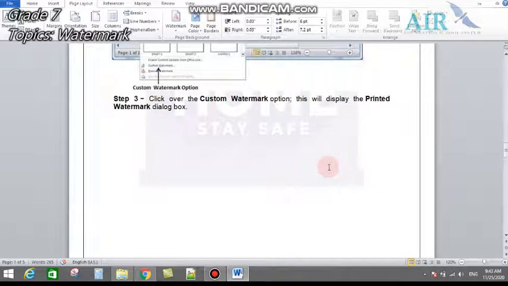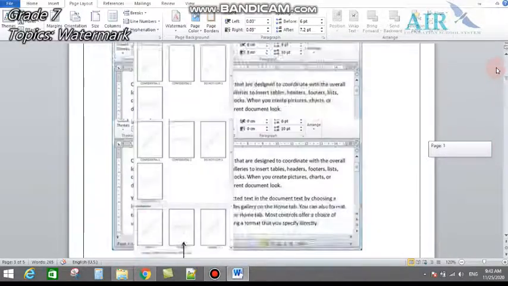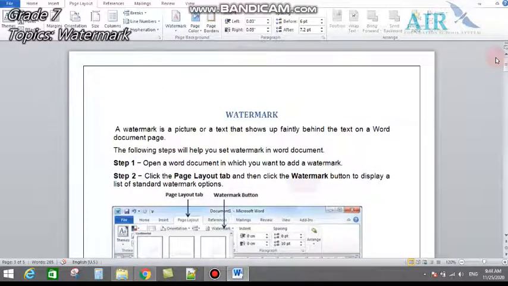Here you can see very clearly we have a picture watermark that is present behind your text and in a faded way. So this is how we have to apply a text watermark, and how to apply a picture watermark.